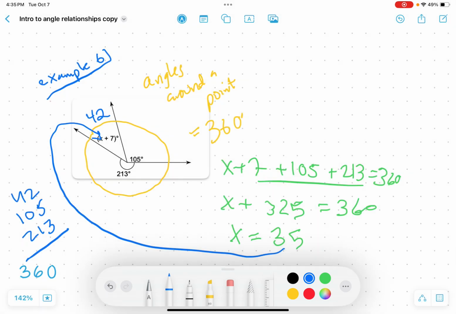Yep, perfect. So that's what you need to know so far about angle relationships. We're going to learn many, many more, but I want you to have those down for